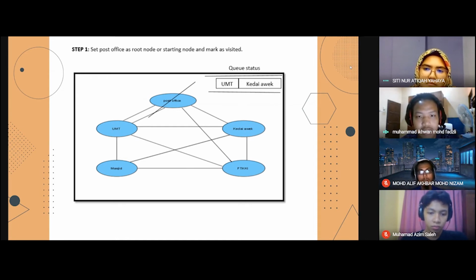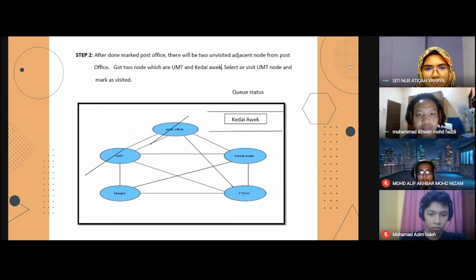So actually we can highlight the first node or just simply cross the node. So after we cross the post office, there will be two nodes that will be visited after the post office node, which is UMT and Kedawet. So the UMT and Kedawet nodes will be listed on the queue status, right? Next. So after the visit on the post office node at first, it will continue to the UMT node